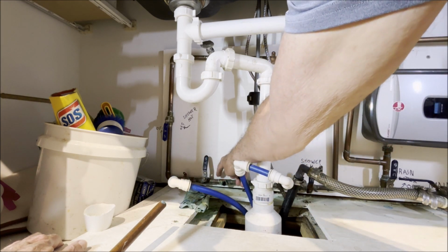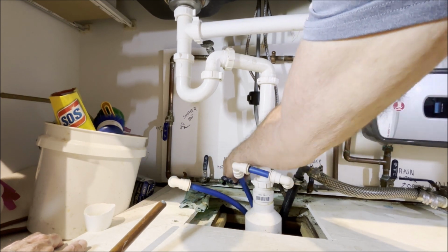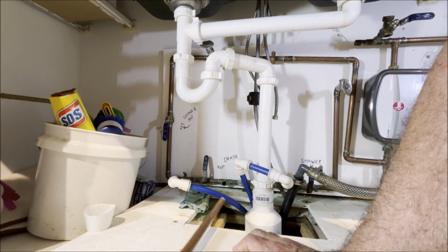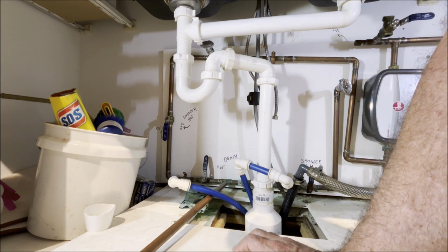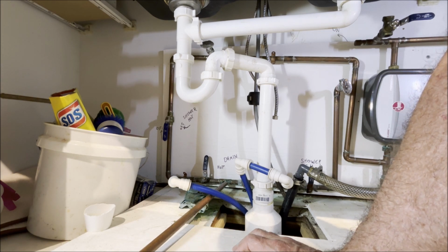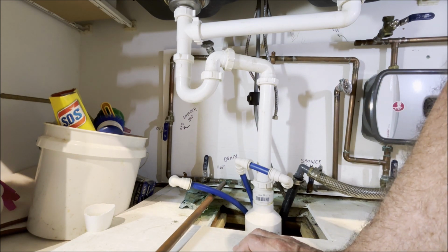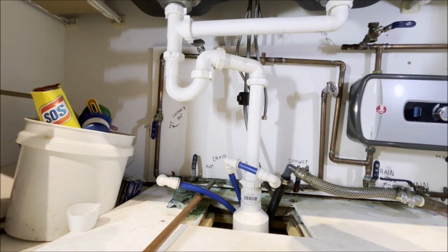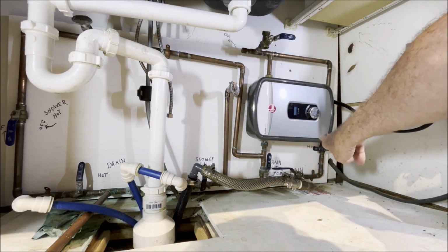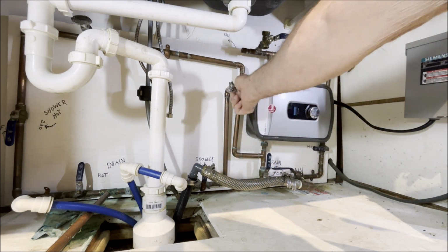You can see that is where it drains. What I'm going to do is put the drain pipe in here. There we go. What I'll do is once the water is on, I can turn this on. The water will not go up here. The water will try to go to the cold, so we'll